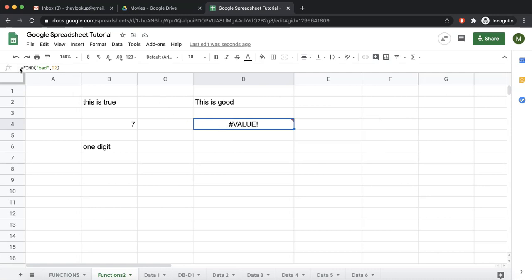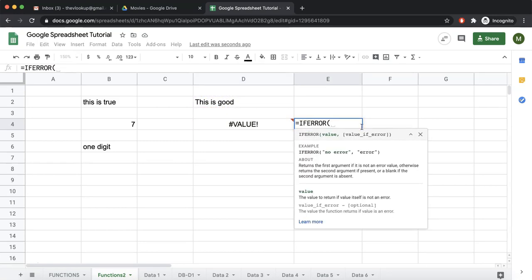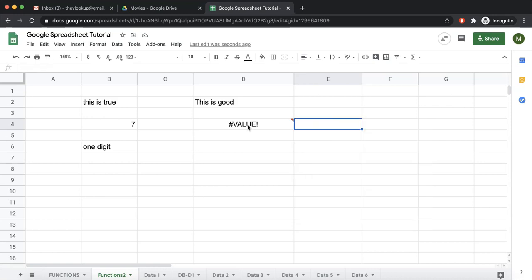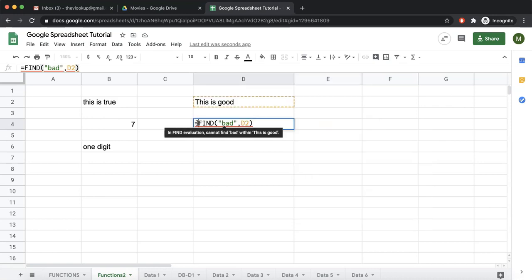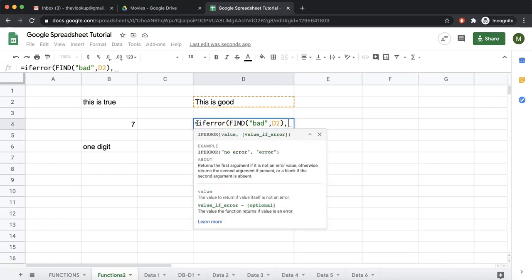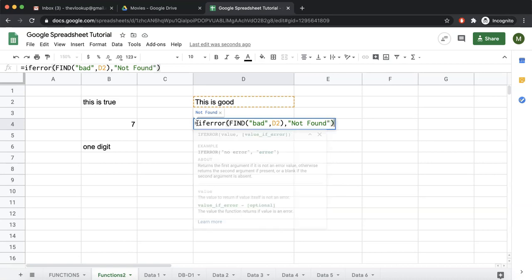So what we do is, whatever function we have, we are going to wrap it inside something called IFERROR. So let's first see what IFERROR takes: equal to IFERROR. First it takes the value, and then it says what to do if this value is an error. So let me write it first and then we'll discuss it. IFERROR, comma, "not found".